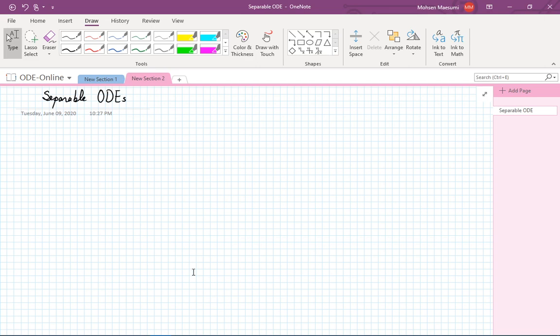Hi, the lecture today is going to be about separable ODEs. I'm going to start with this topic because it's particularly simple and directly connects to calculus. Among all the techniques that we are going to see, this is probably the one that is most familiar to you. Before we start with the differential equation itself, let me just remind you of some basic facts